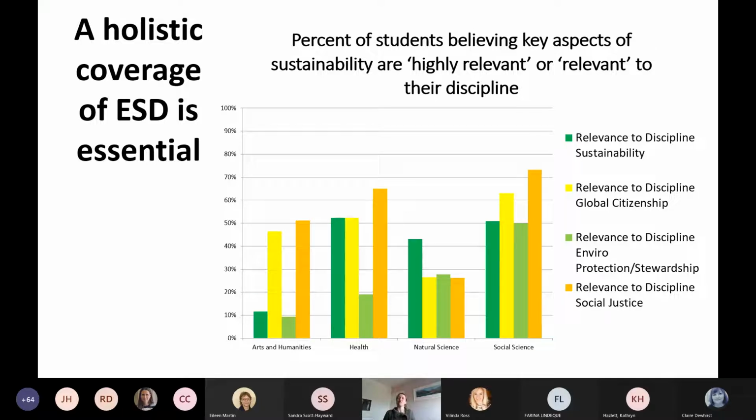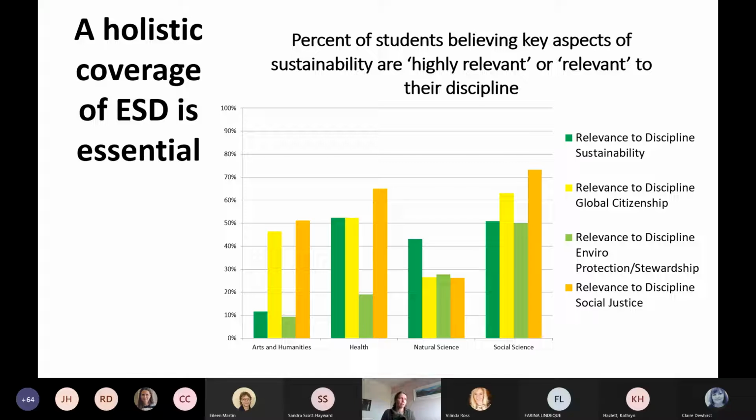And I thought there were some quite striking things to take away from this, such as our health students didn't see the relevance of environmental stewardship. And yet we know the NHS has a huge environmental footprint, but also there are such strong links between environmental issues, something like climate change, and health. Many health practitioners are saying that climate change is the biggest issue in the future for health. And yet our health students weren't seeing that. And so that helps us identify a gap in ensuring that actually we're not just doing the easy bits, the social justice, global citizenship, which has traditionally been in the curriculum,